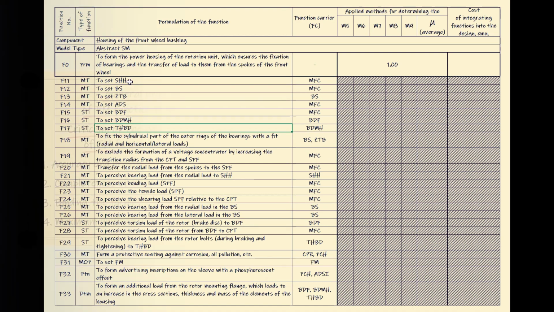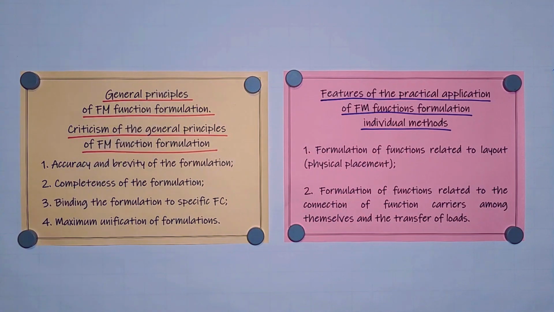Next, formulation of functions related to the connection of function carriers among themselves and the transfer of loads. When formulating functions related to the transfer of loads, the method of forming the main function carrier already described above can also be used. Thus, if there is no main function carrier in the composition of the object of analysis, then the corresponding functions are formulated for each carrier of function. For example, perceive shear load on the function carrier, perceive bearing of the function carrier,